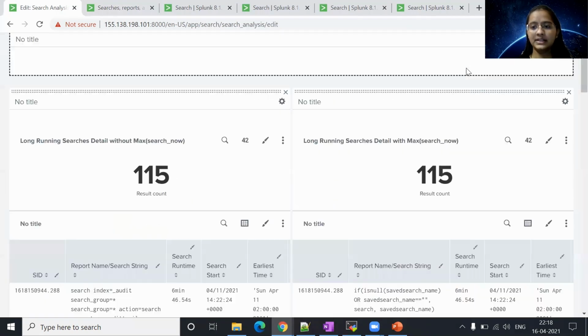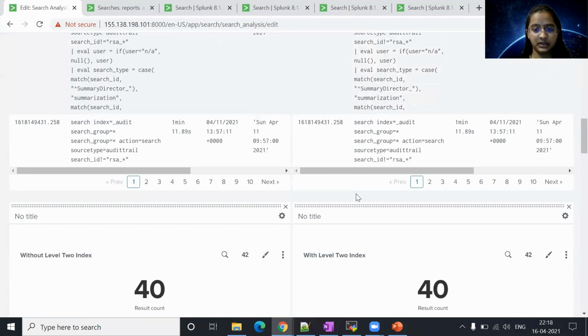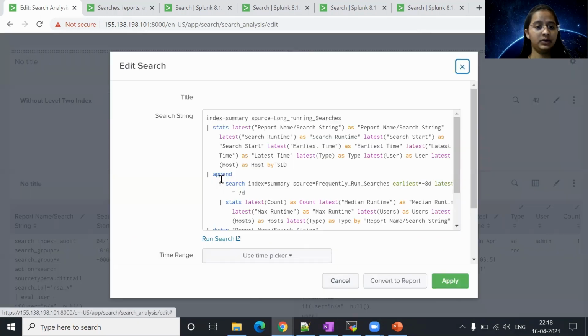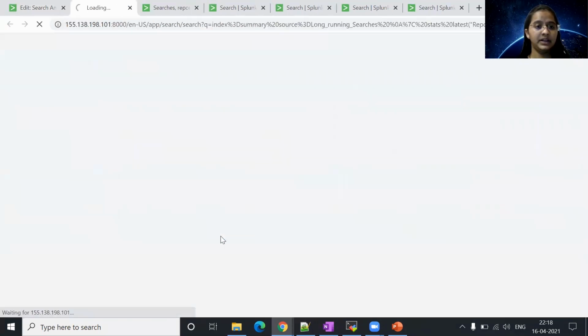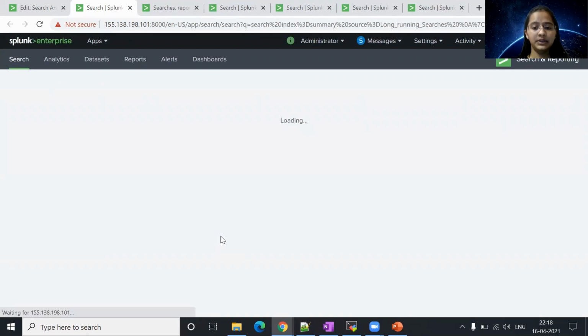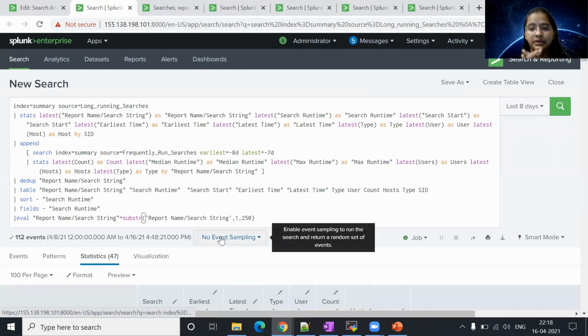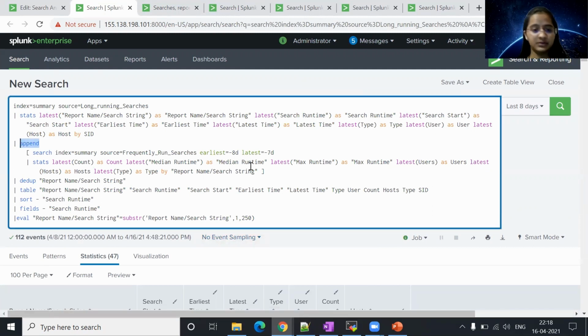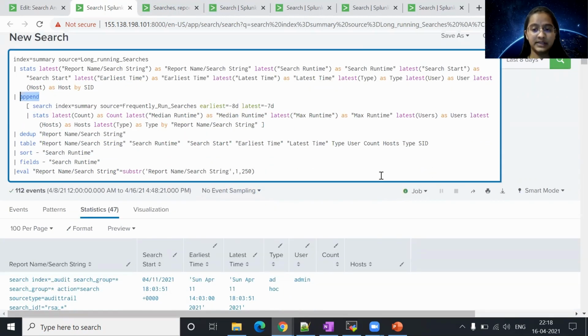Now let's see the demo from the dashboard's perspective. Here you can see that without level 2 summary indexing, if we try to run the search, let me run it. Since we are going to perform the joining of two different data sets, either we have to use append or join, whatever suits your case, but those are expensive, right?